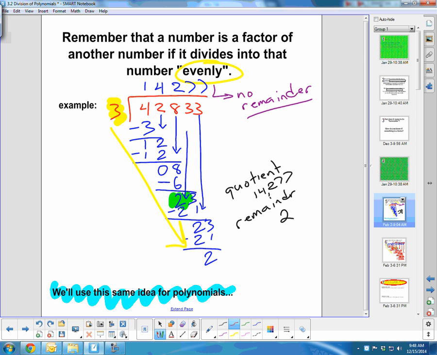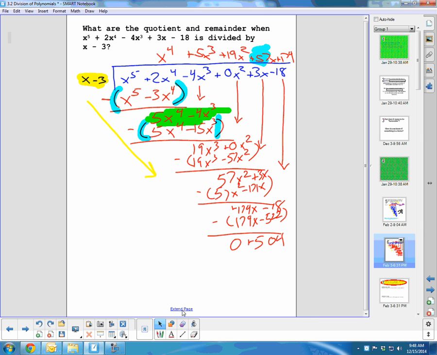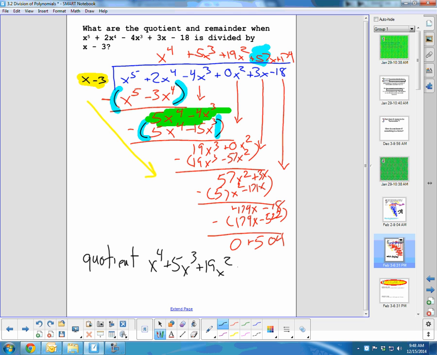Right. So at the end of this, if I look at my previous example, the value that was over my division symbol I called the quotient, and the value that was left over I called the remainder. So I've got that right there. So I would say here that I have a quotient of x to the fourth plus 5x cubed plus 19x squared plus 57x plus 174, and a remainder of